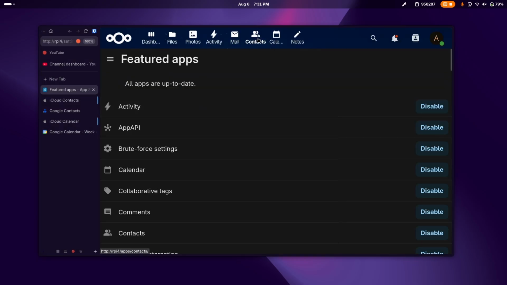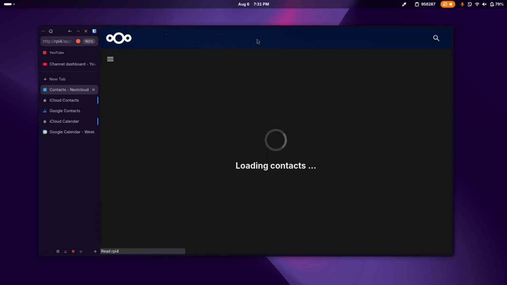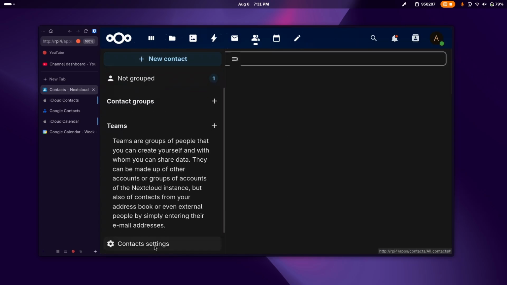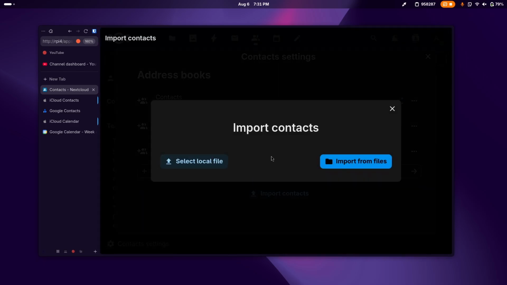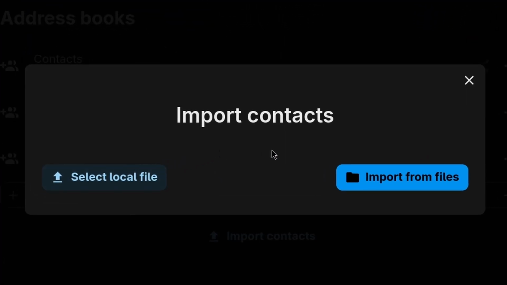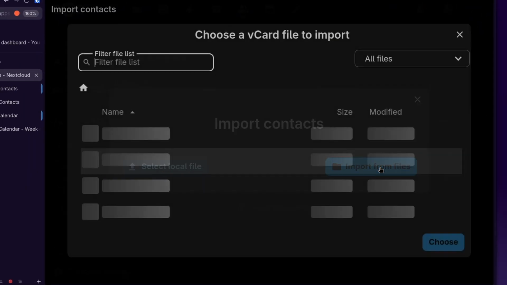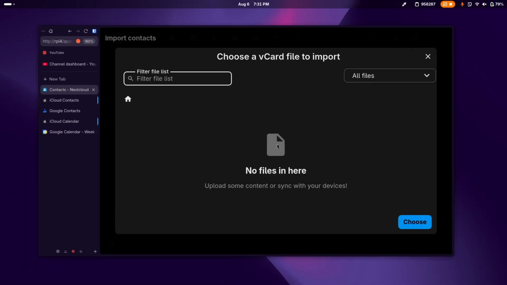Now to import that, we'll just go to the Contacts app over here and then click on the 3 bars and then Contact Settings and then click on Import Contacts and then you can select that file. Now if you have the file, you would click this, and if you uploaded it to the Nextcloud app from your phone, you just click on Import from Files and then you can select that VCF file that is already